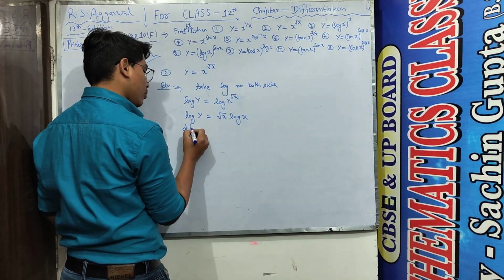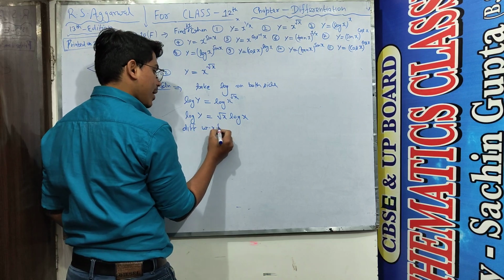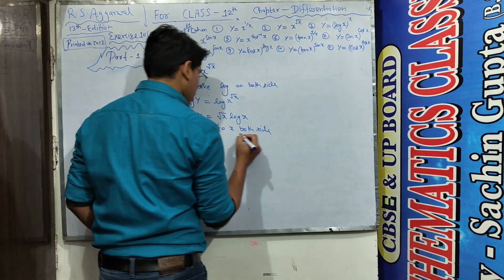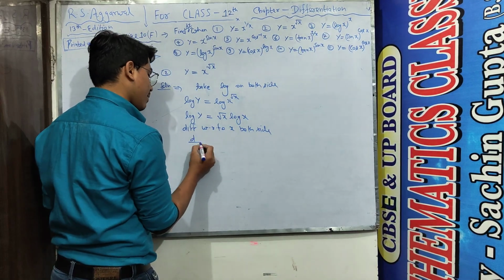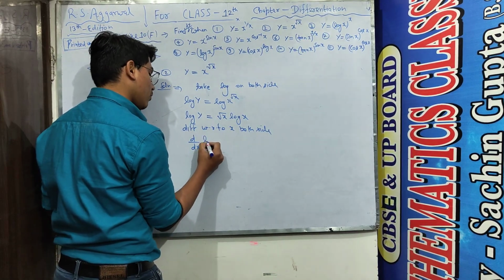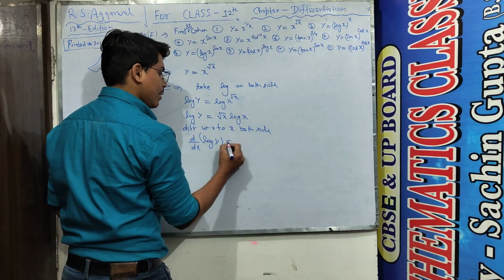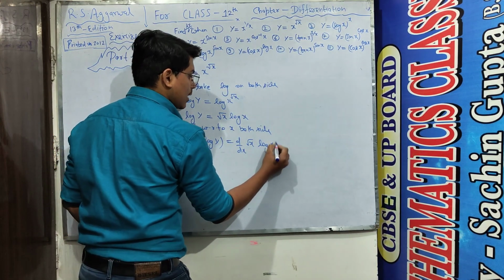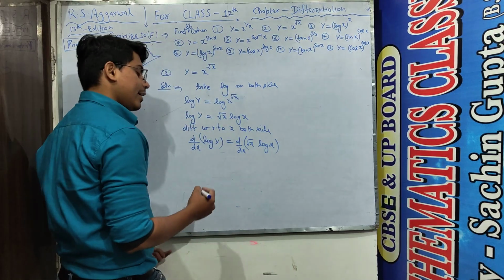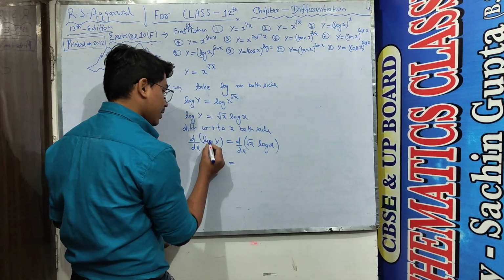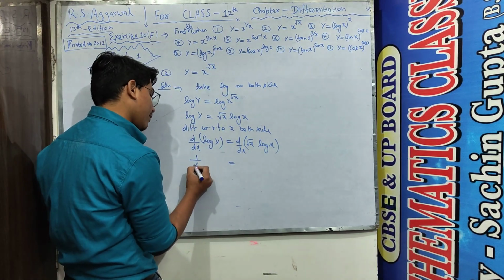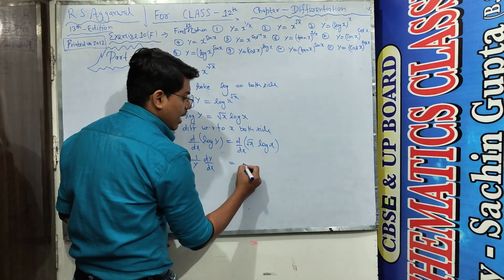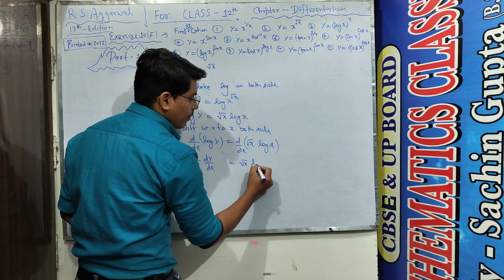Now we differentiate both sides with respect to x. So it becomes d/dx of log y and d/dx of root x log x. This is the first-second form. The differential of log y is 1/y dy/dx, and here we apply the first-second rule of differentiation